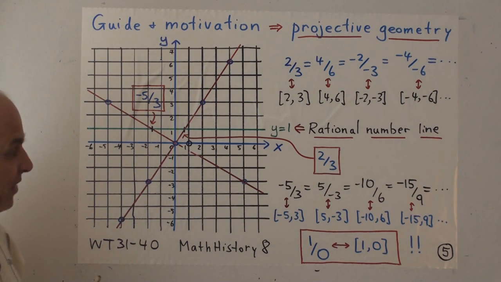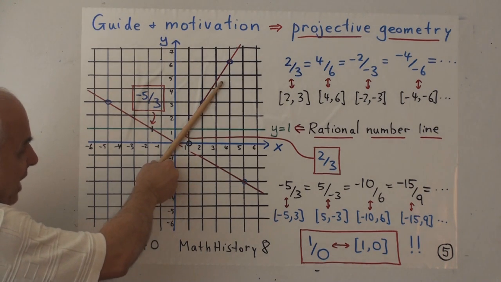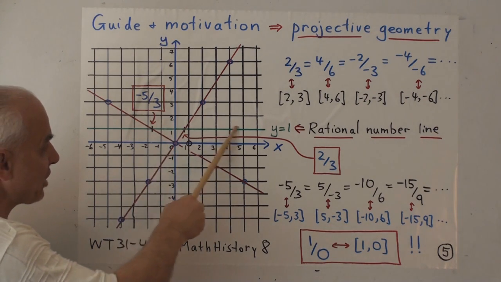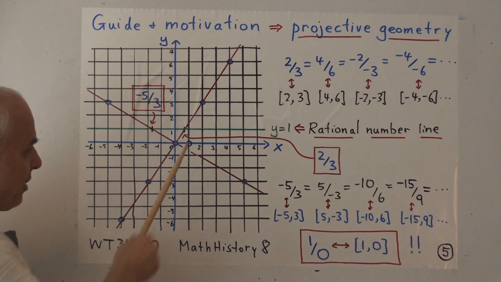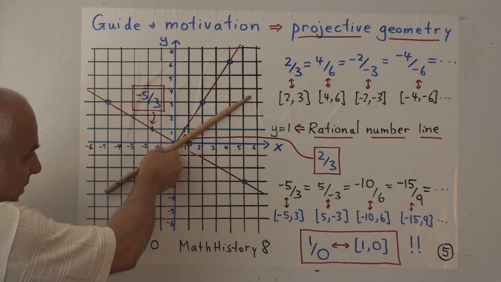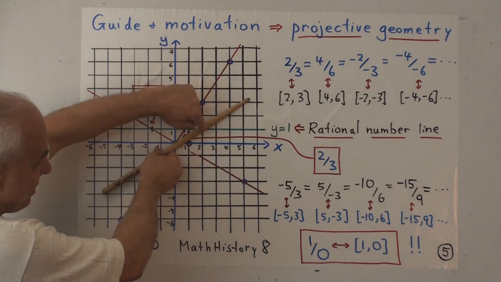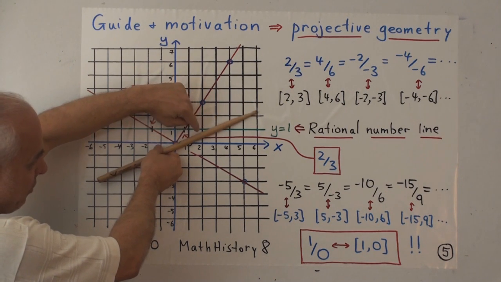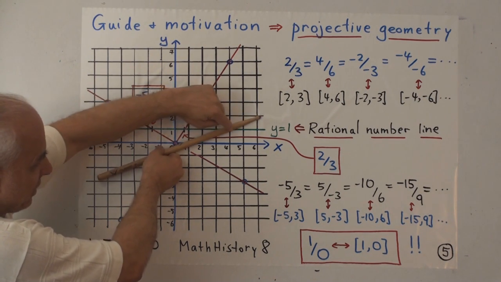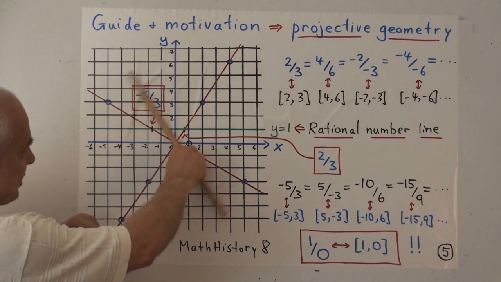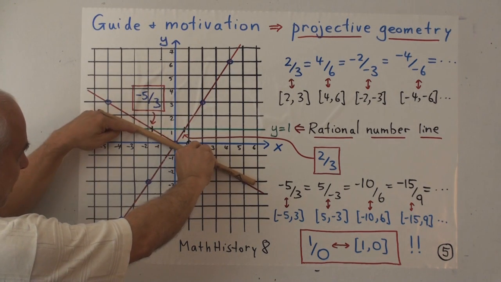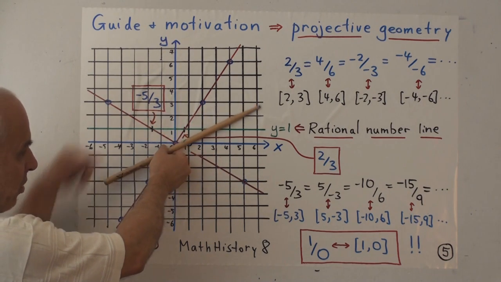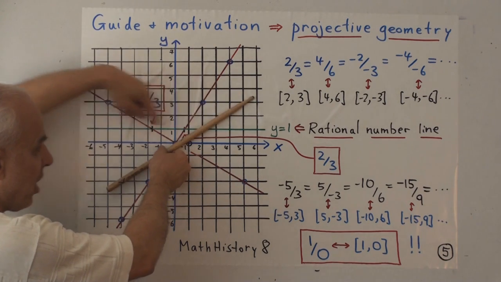So what we have here now is the situation where lines through the origin correspond to rational numbers on the number line. You're given a line through the origin, then you just see where it meets the number line. That would be, say, at the point 2. This line would meet it at the point 3. This one at the point 4. This line at the point -3, at -5, and so on. So lines through the origin correspond to points on the number line.